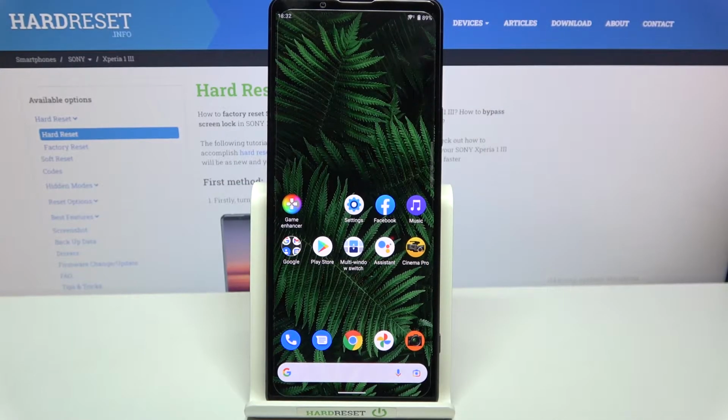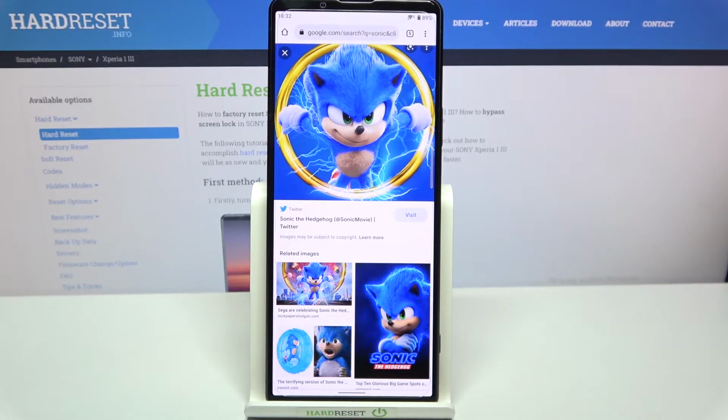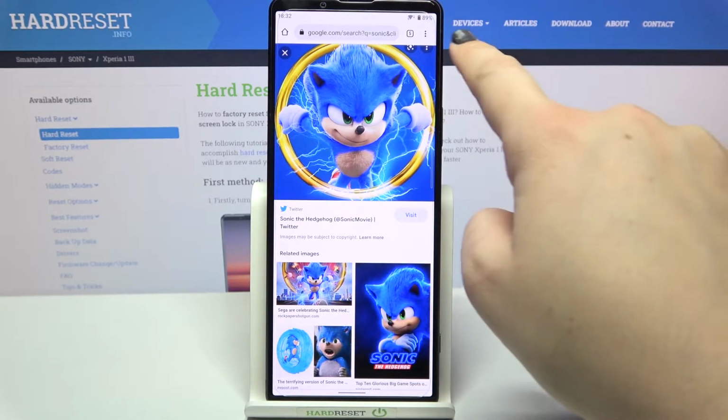Hi everyone, in front of me I've got SONY Xperia 1.3 and let me share with you how to clear the browser on this device. So first of all, let's open the browser. In my case it will be Google Chrome, and now we can tap on the three dots icon in the